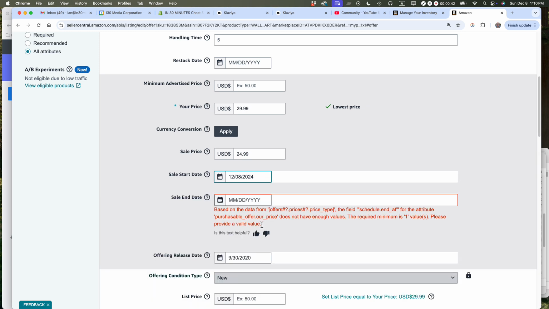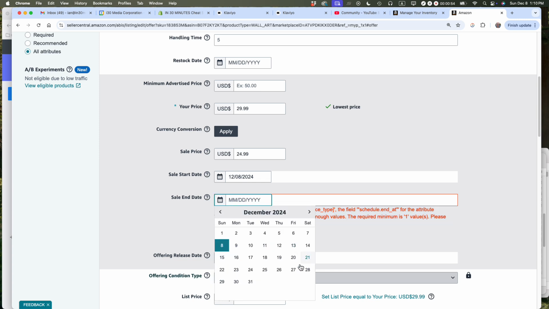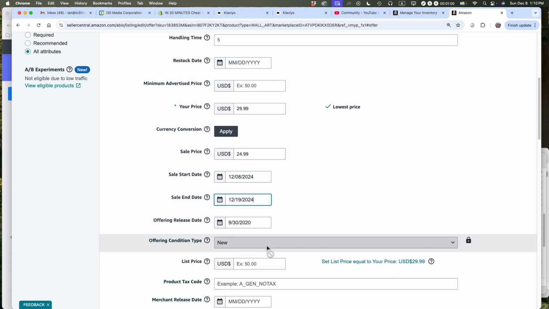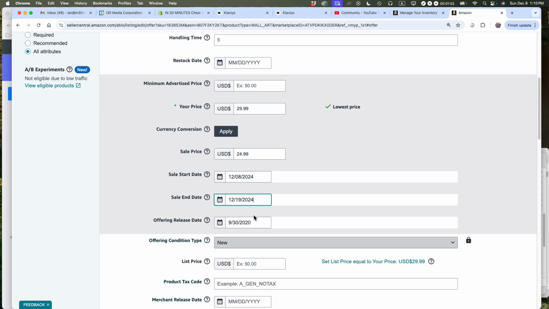Now you can see this error shows up. It's just because, like a lot of Amazon tech, this wasn't really designed very well, and it's showing computer code. Try to get through this, and basically I'm going to set the sale end date to the 19th. And the reason I'm doing it for the 19th, I'm not going all the way up to Christmas, is because I'm concerned that if I have it going right up through Christmas, people are going to order it and they're going to expect to get it in time for Christmas, and that's just not going to